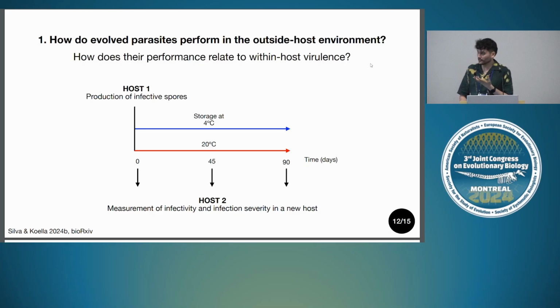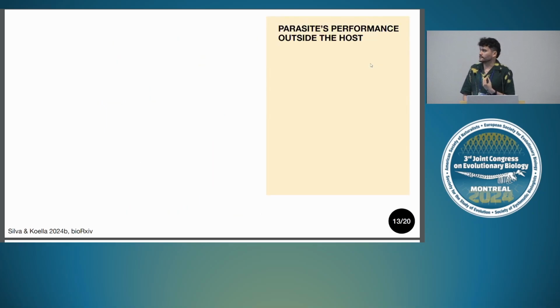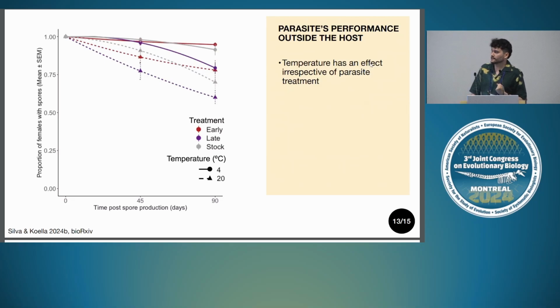And interestingly, what we got is that the parasite's performance, and here we have in the y-axis the same kind of response, so proportion of females with spores, so females that were infected and they were secreting spores, and then in the x-axis we have time. What you can see is the dashed lines, the ones that were 20 degrees, they all have lower infectivity compared to the solid lines, so temperature has an effect irrespective of